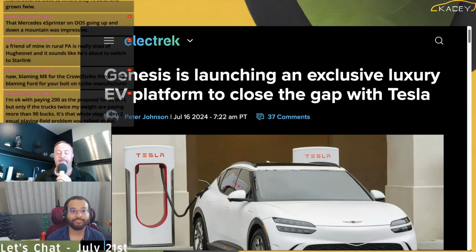But I think an exclusive luxury EV platform is what they need to do, because what I'm hearing you say is from the ground up. We're not going to just jam batteries into an existing car, because that's always the worst. It's the second worst way to do it, but it's still not great.